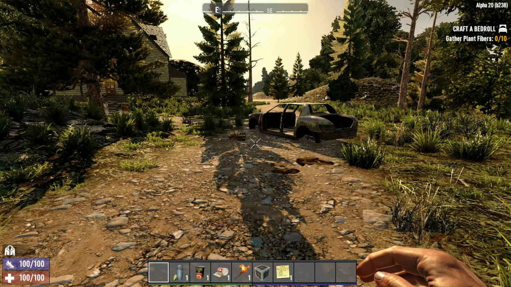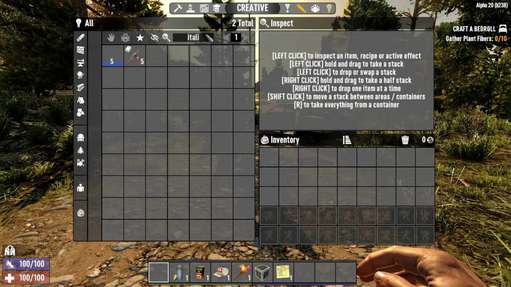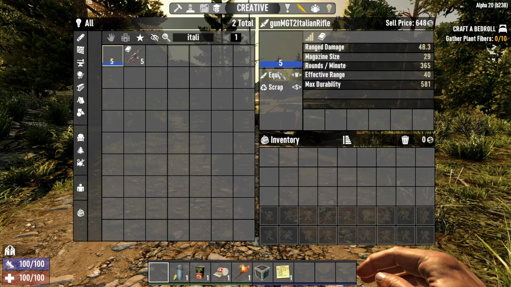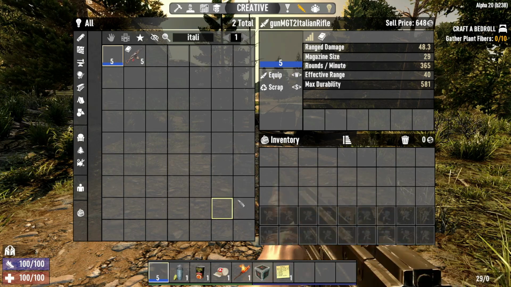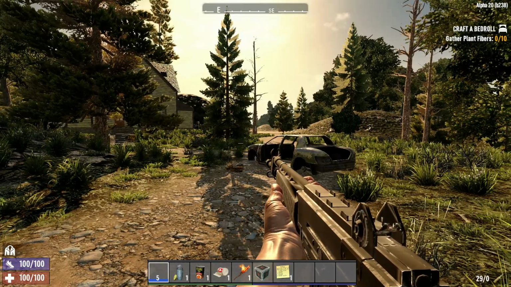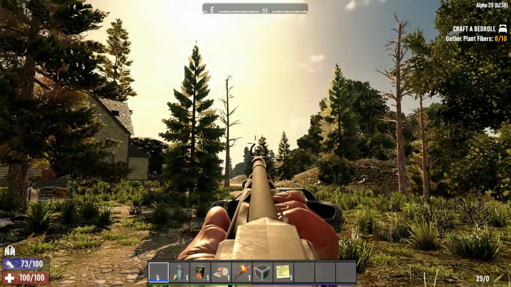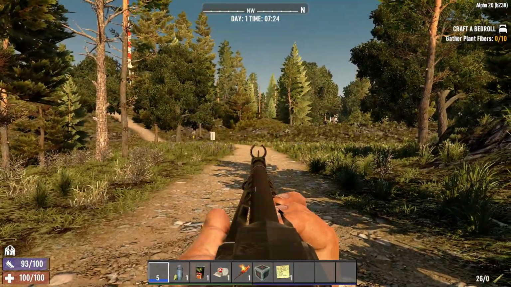Alright, so once the game's loaded up, we're going to go into creative menu. We're going to search Italian machine gun as we called it, and here the gun is. I haven't added an icon to it, but I'm going to assume that you know how to do basic XML modding. So we're going to bring it down, and as you can see, there is our gun. But as we can see, the sights are a little bit off, so that needs some adjustment, but it does work. So we can fire it, and